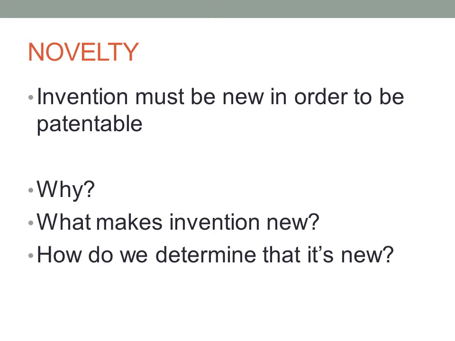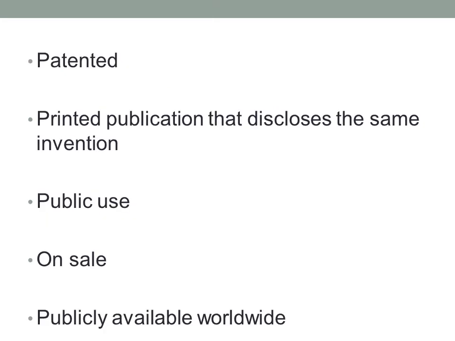These situations are deemed disclosures. And if you do it before the date of your application being filed, they're considered not novel. They're already out there, right? Novel. So I just want to break down my little list. Patented. If it's been previously patented, you can't get a patent, okay? It's been done already. Printed publication that discloses the same invention. You actually have 1 year from the date of publication. Actually, this is my list. I just read the list.